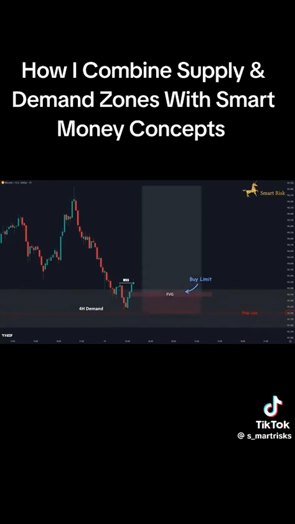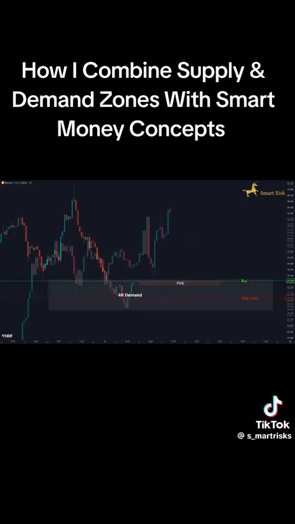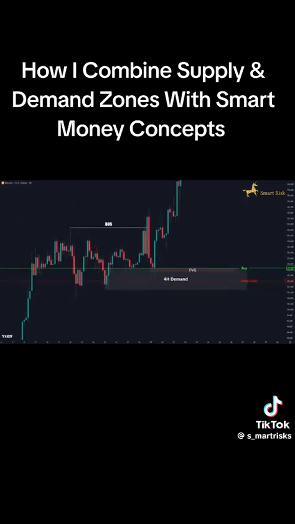Now, let's see if our trade plays out successfully. As you can see, price pushed lower, tapped into our buy limit order, and then shifted direction, pushing higher exactly as expected. This confirms the effectiveness of combining higher time frame demand zones